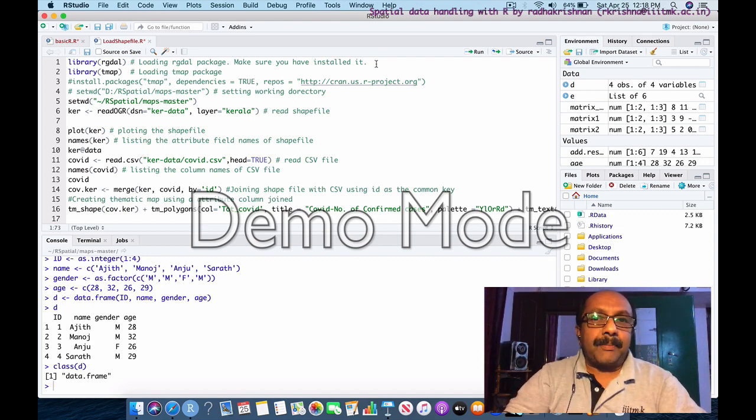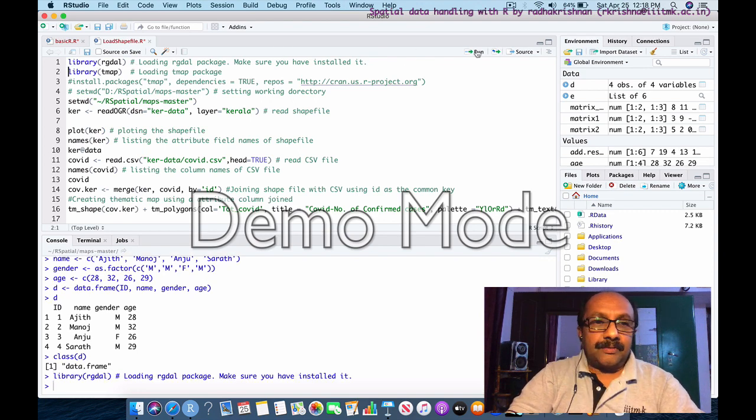In this case, I am quite sure that for the kind of work I am going to do, RGDAL is the package which I need. So I will write library within brackets RGDAL. That will invoke the library that is already installed in the system, in the sense that the library will be made available for the current session. And I am executing the first line.